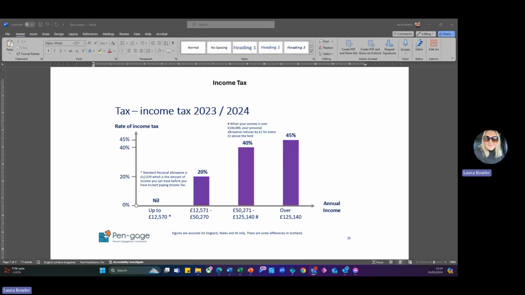Okay, hello. Let's have a look at some income tax. So just a couple of caveats. This is a very basic example of income tax principles. I'm very aware, before anybody gets upset, it doesn't include complex situations and it doesn't include things like national insurance. But I think what I would like to do is just explain how income tax works in principle, because some